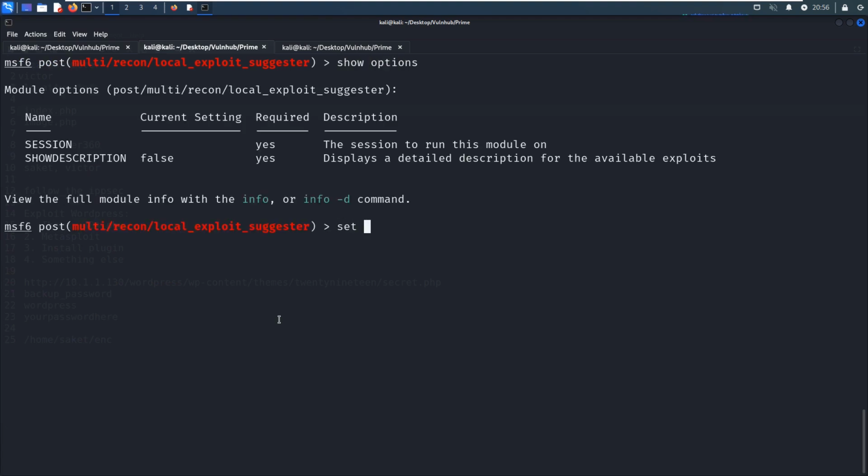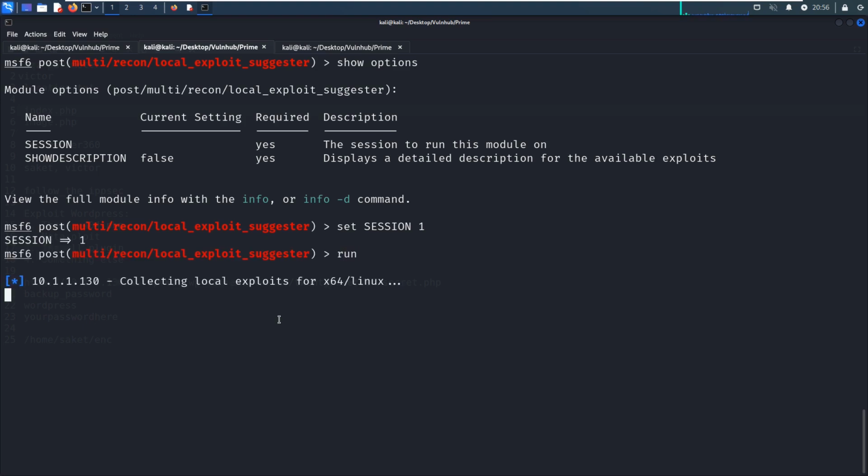I think only one option to configure, its session, and then we can run it. This post exploitation module is trying to collect all available exploits, and afterwards we can utilize such an exploit to elevate privilege.